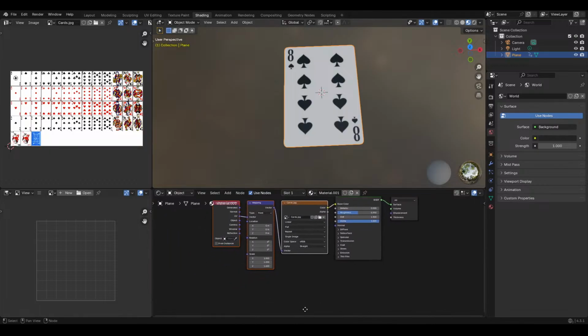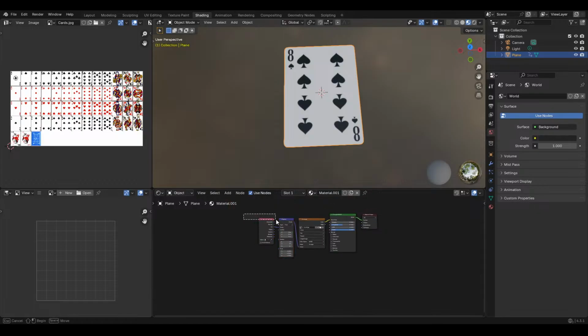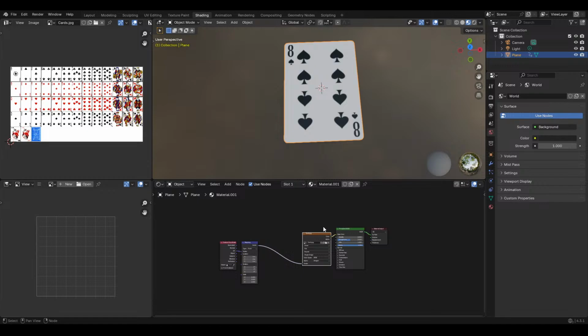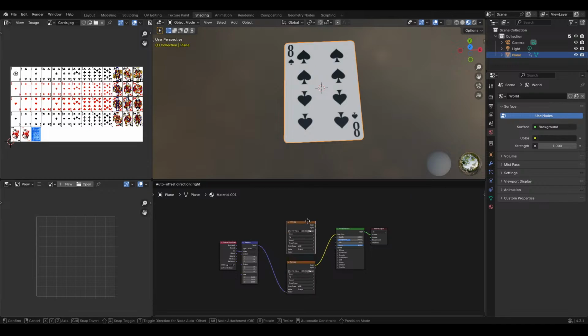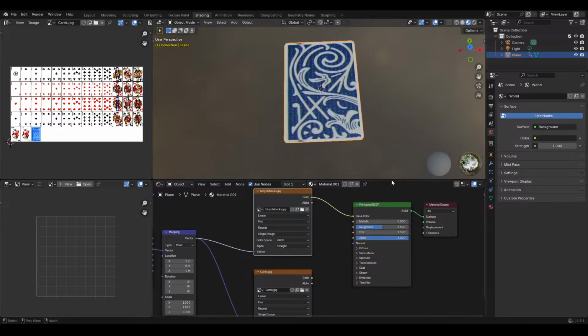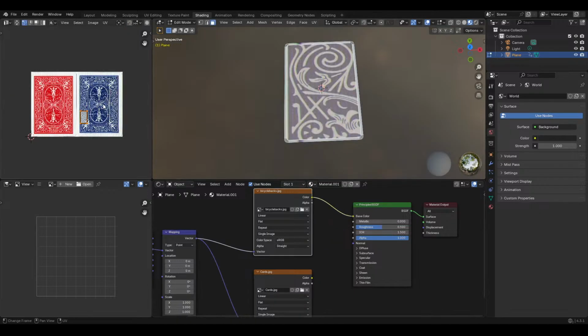Alright, so what we're going to do is move this over, because we want to make sure that it's still using the same UV map. We want to make sure that's not changed. But we're going to duplicate our image, plug in the UV map, check that so that these are using different images. Otherwise, when we change this one, it'll change that one as well. And we'll go ahead and find our card backs, and we can plug that in. Now you see, one, it's really big,